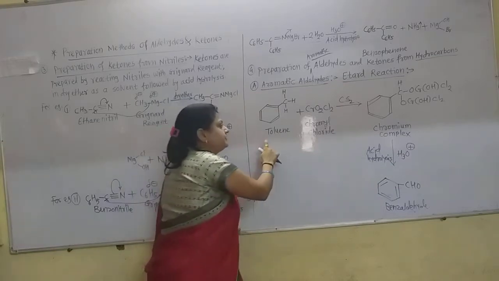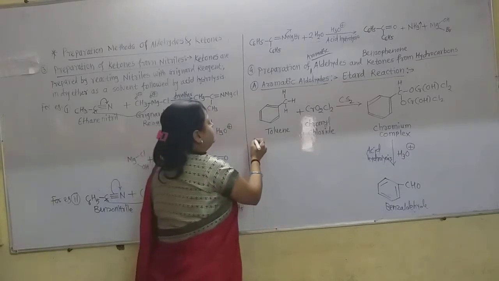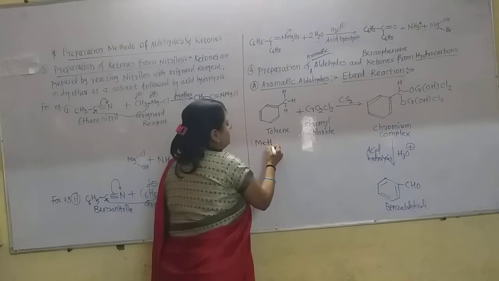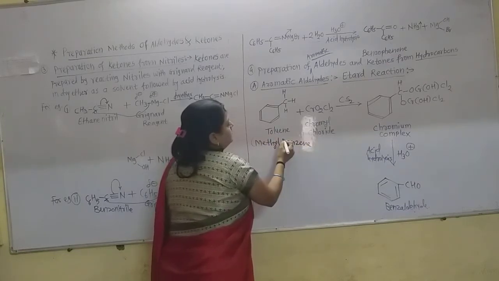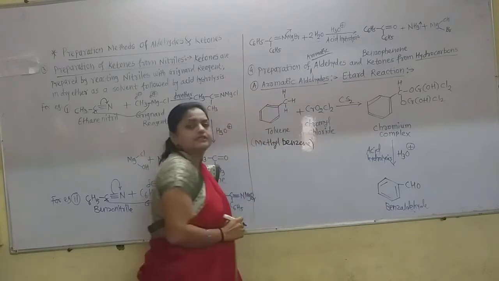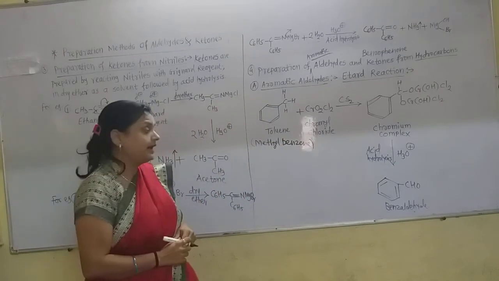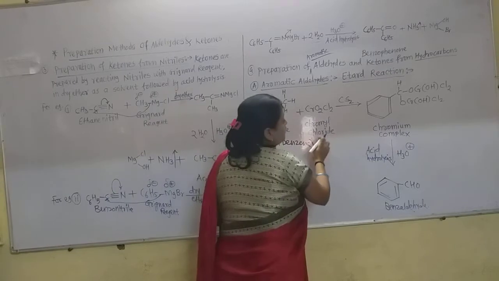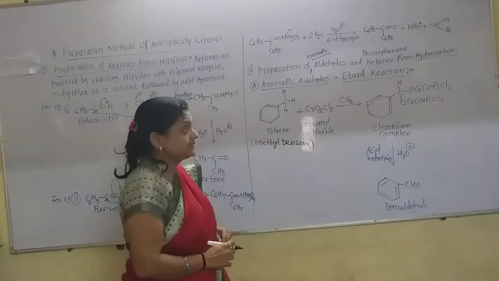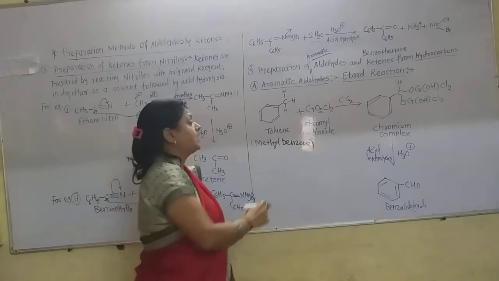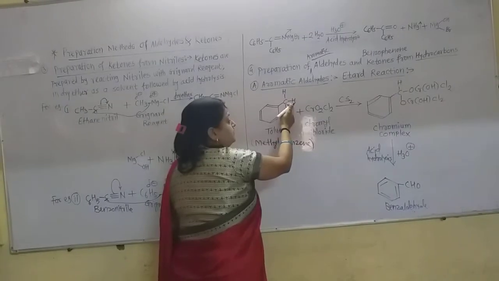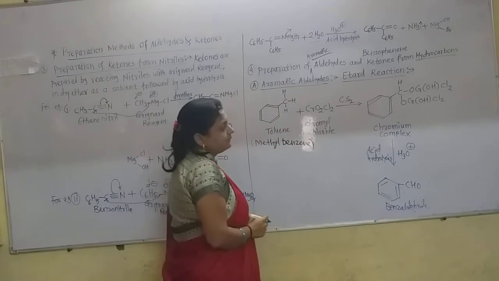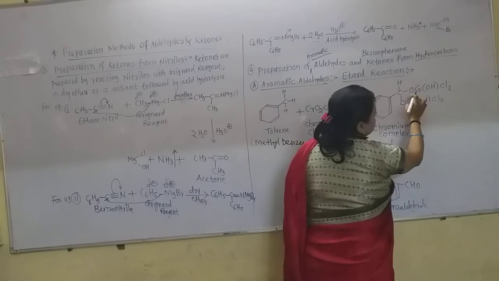Now, I use here the toluene. This is the methyl benzene. It is also called methyl benzene because there is the methyl group on the benzene ring. So, this is the methyl group, CH3 group. And on oxidation with this chromyl chloride, what happened? Both of the hydrogens of this methyl group are replaced by that group